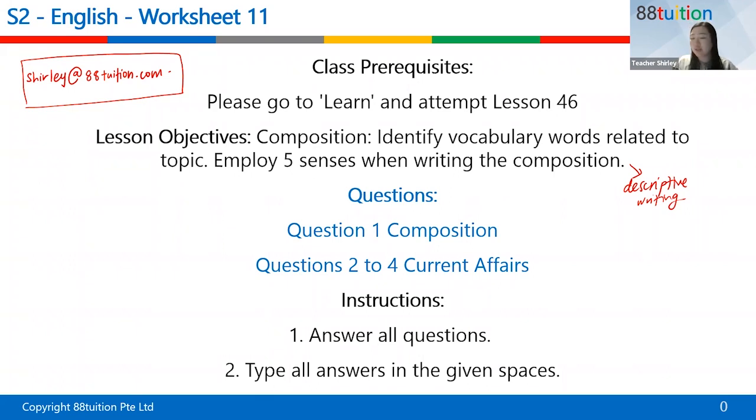So we are going to definitely cover the composition part. And then also, secondly, our niche is we always like to discuss current affairs, because I think